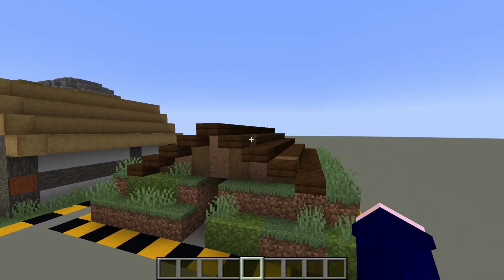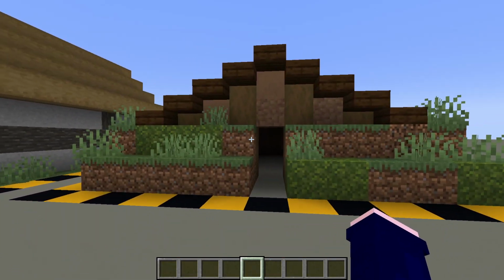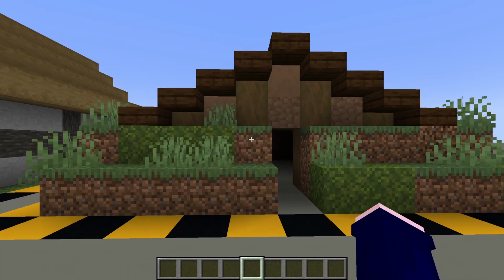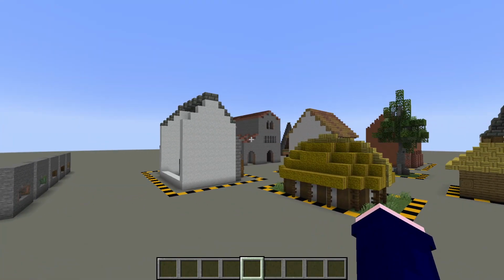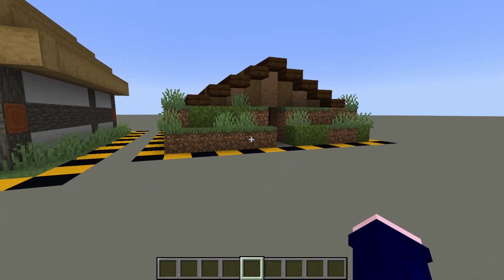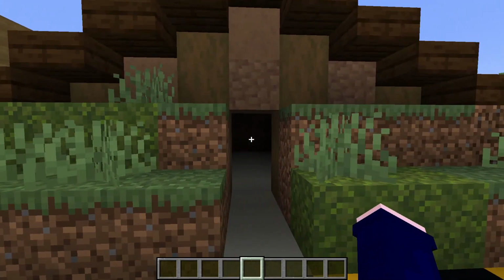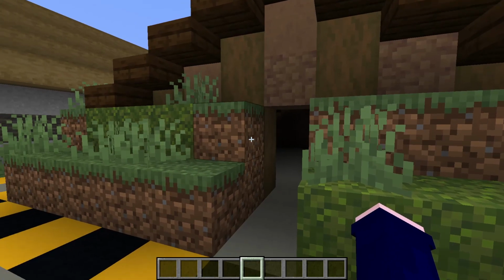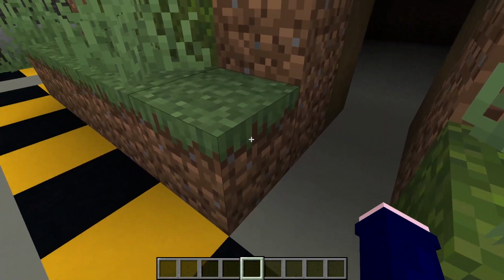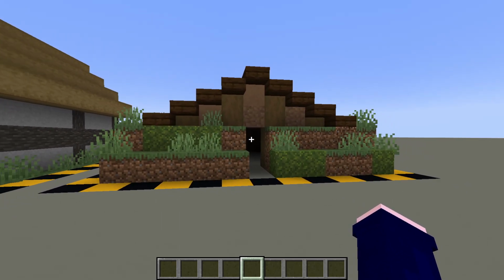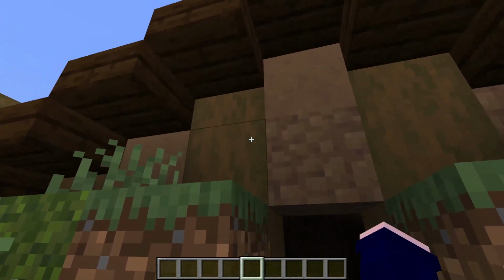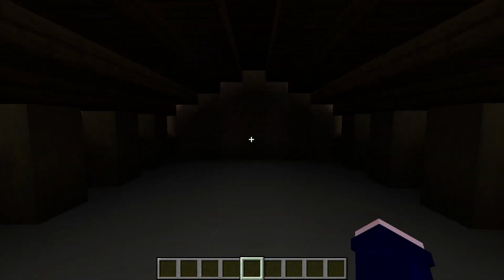This is one I really liked. A little more authentic than all these upstanding buildings. A lot of medieval buildings would probably been built into the earth. For one thing, insulation is really good. Earth is a great insulator. Dirt. The second thing is less material, I guess. Nothing really in here, but